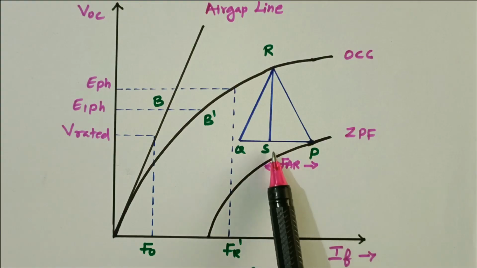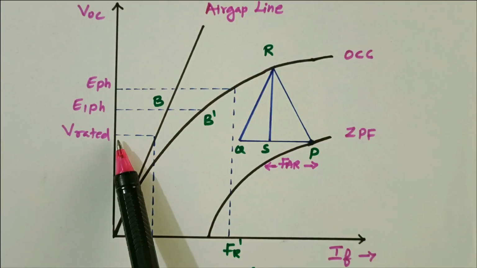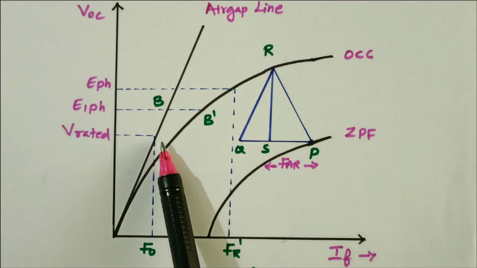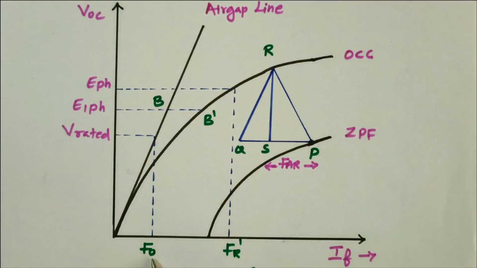This PS value is nothing but FAR. So from the Portier triangle, you are able to find the FAR. Now with this F0 value,